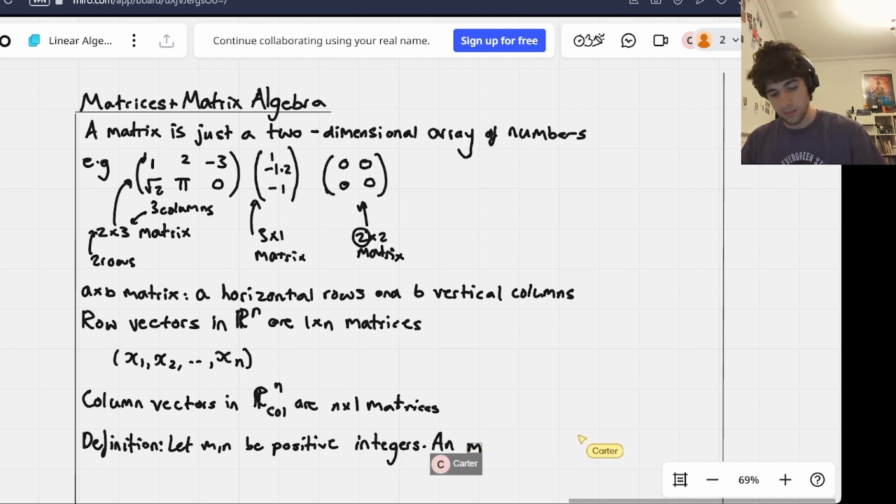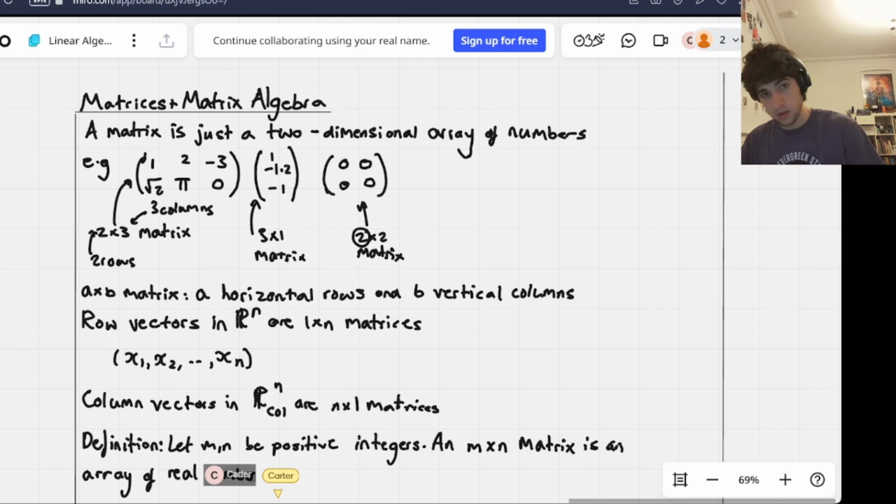An m by n matrix is an array of real numbers arranged into m rows